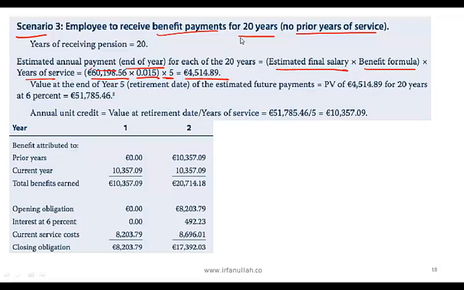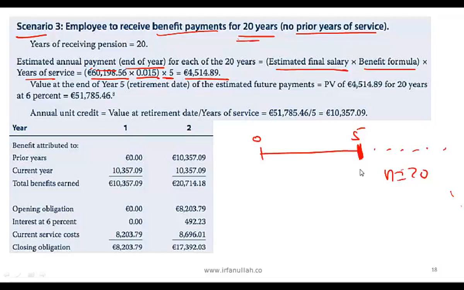And this will happen for how many years? For 20 years. So again, if we do our basic TVM stuff, what do you think we need to calculate? So for 20 years now, he is going to get his payment. Does that sound like an annuity? And do you recall how to calculate the present value of an annuity? Hopefully you can do that. On your calculator, what will you plug in? You will plug in N is equal to 20